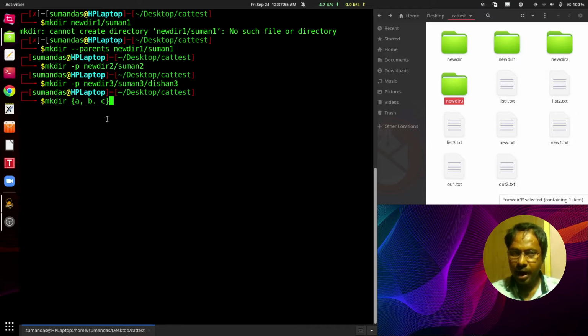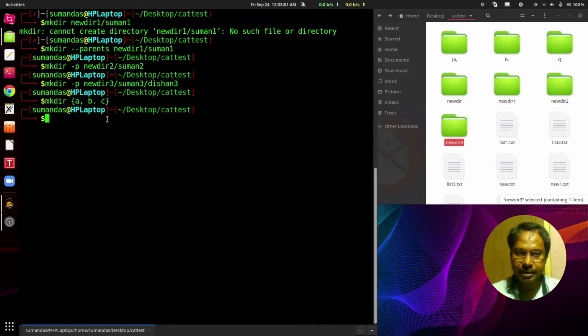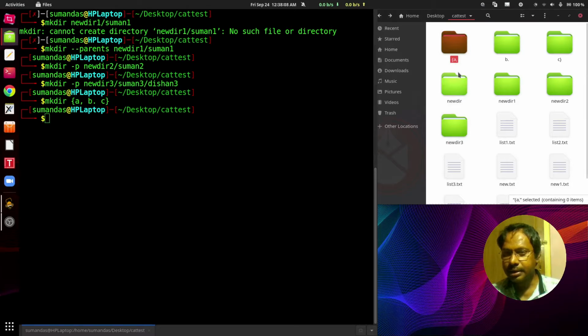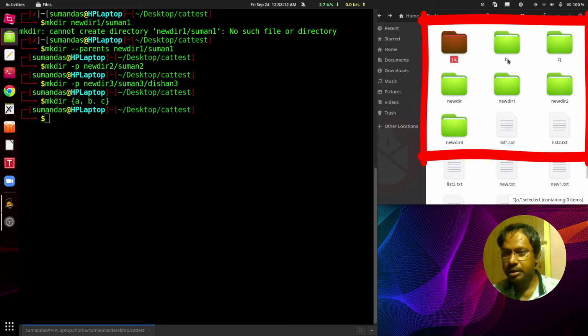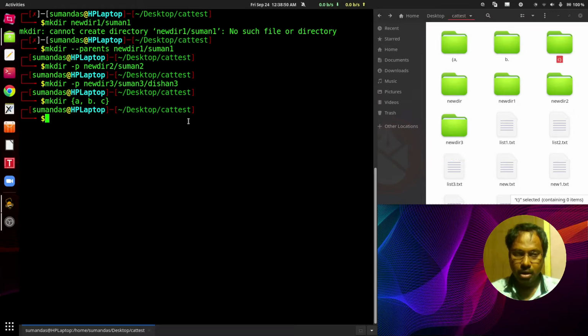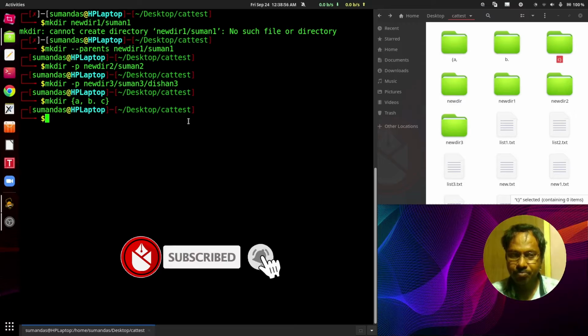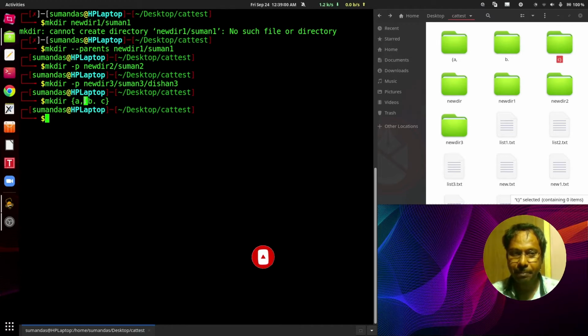Let's check what error occurs at first. Press enter. Here we can see the directory name is curly brace a comma, then b comma, and then c curly brace, but that was not our desirable directory names. So in that case the blank should not be there.